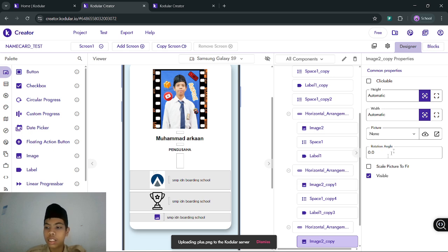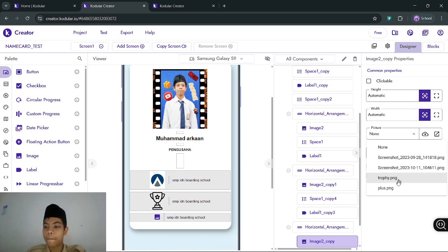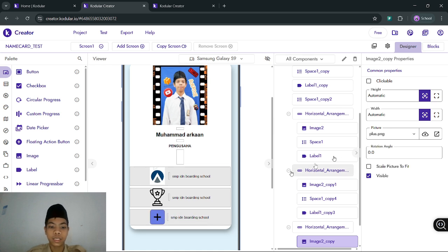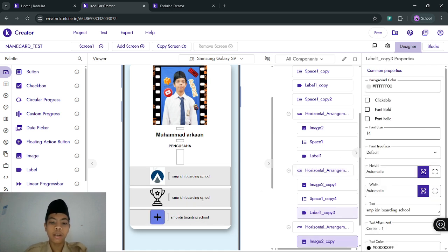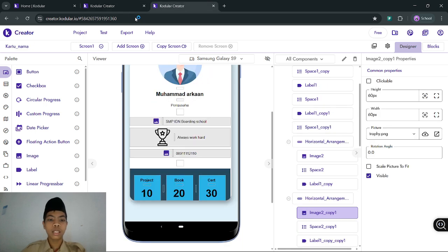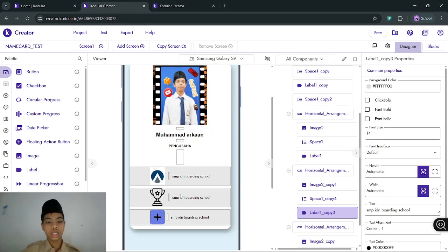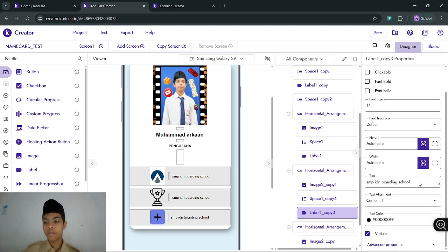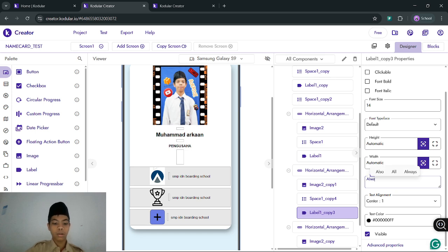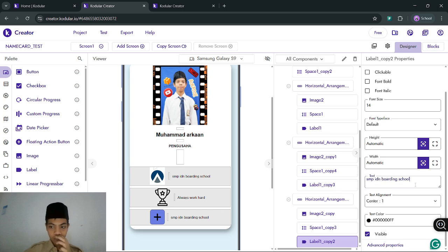Then we just change the picture to plus. Like this. And then we change the label, first this, the motivation: always work hard. And then in here just your number, like blah blah blah.